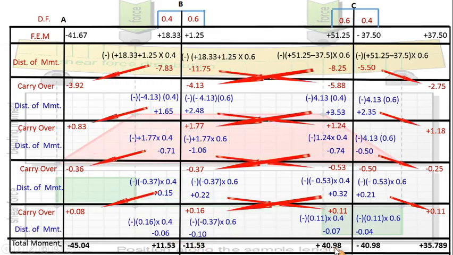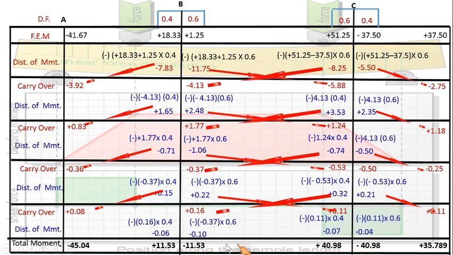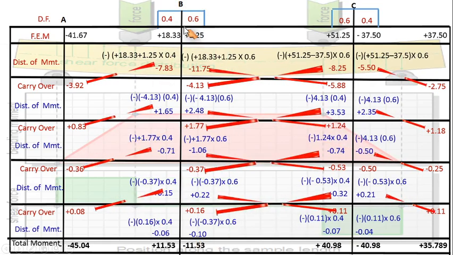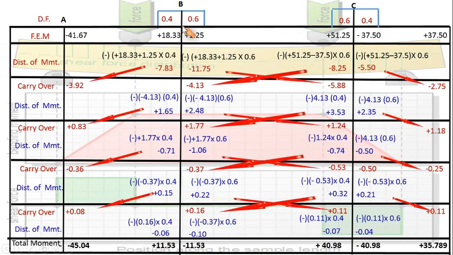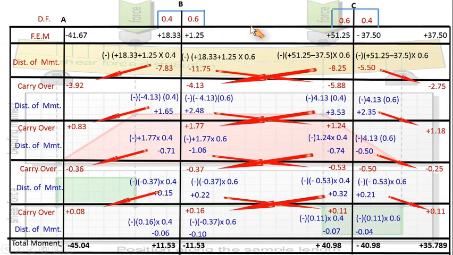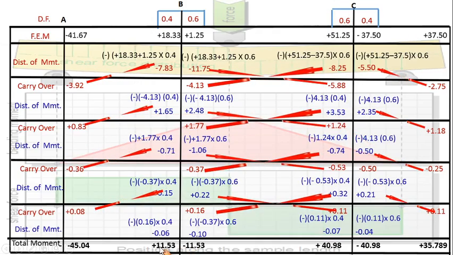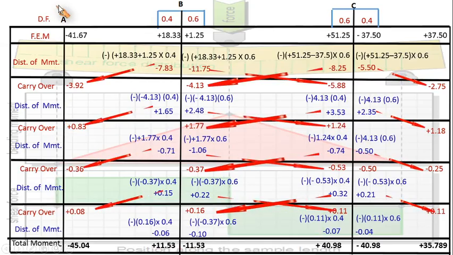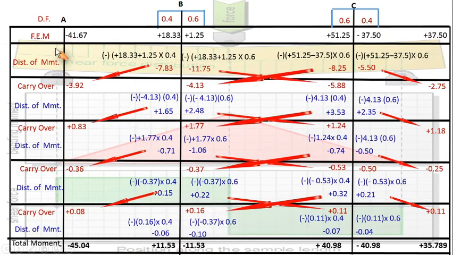So plus 40.98 minus 40.98 is equal to 0. That means I can conclude that this joint being a simple support, the moment about that particular point has already been proved equal to 0 for an individual span about that joint. So BA and BC are coming out to be equal and opposite, so as to keep that in equilibrium. As far as the fixed end supports are concerned, that is A and at point D, they are fixed.